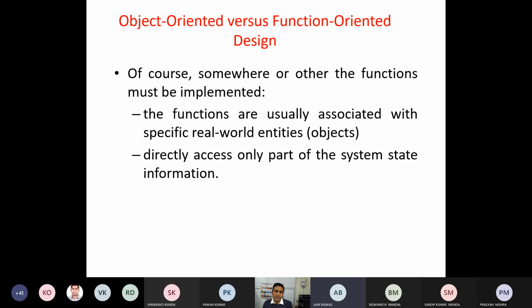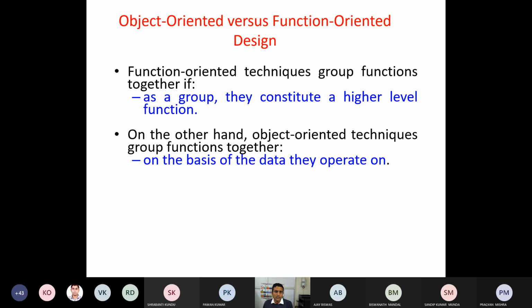Of course somewhere the functions must be implemented. Those functions are usually associated with specific real world entities, and directly access only part of the system state information. You can understand this from these two statements. The function oriented techniques group functions together. So you understand, a higher level function is a group of